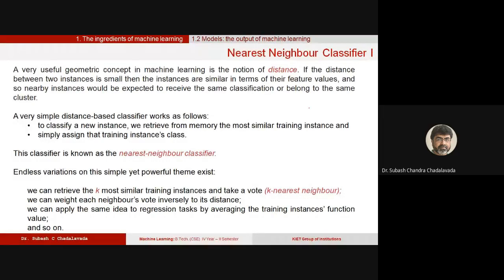So the distance between one instance and another instance that we already know determines whether the new instance is of the same class or not. If you say, for example, there is an instance here which is of type X. There is another instance here of type Y. If you have a new instance, say here, now what is this instance most likely to be?